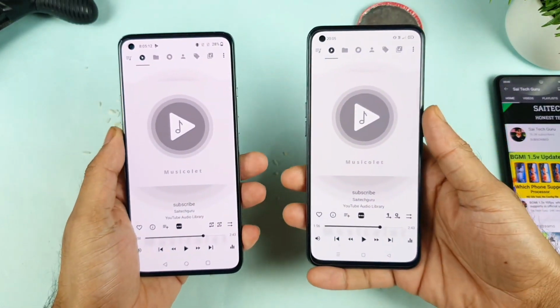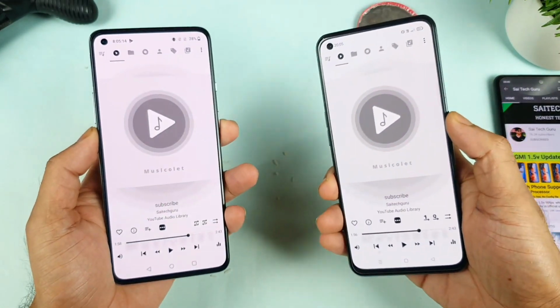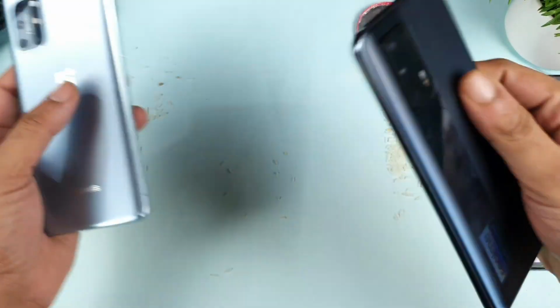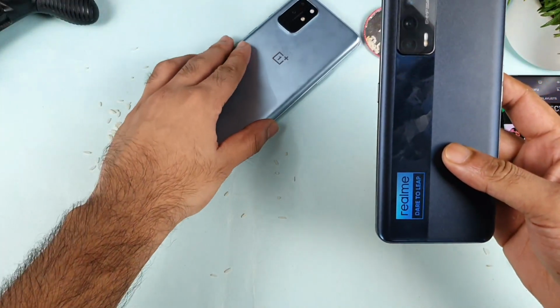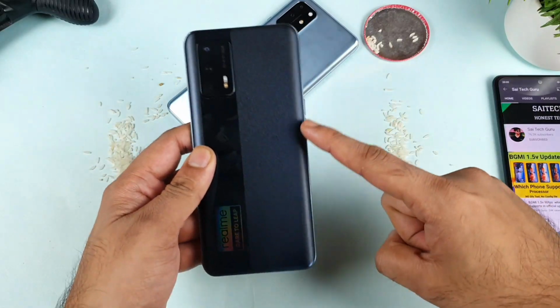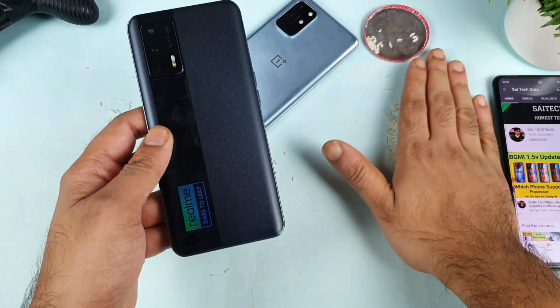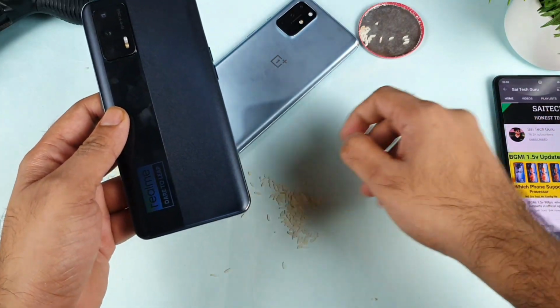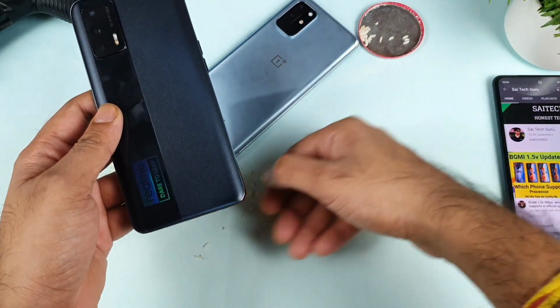As you can see friends, clearly in terms of the vibrations, both phones have vibrations on the back panel in exactly this kind of location. The Realme X1 Max has a little bit more vibration. That's really understandable because of the body, which is made of plastic. That is what causes a lot of vibrations in this Realme X1 Max device.